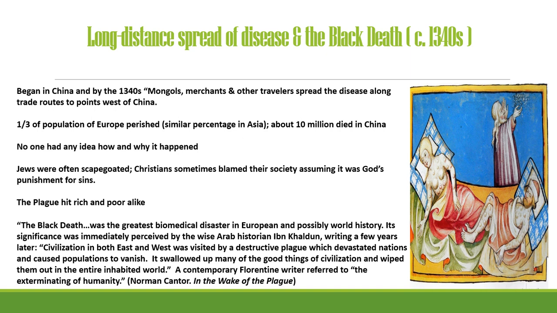A similar percentage probably killed in Asia, maybe slightly less, but about 10 million died in China alone, not quite in the same narrow time period as in Europe, because the Black Death, this outbreak of plague, seems to have started in southwestern China. So about 10 million approximately, because we're never going to know an exact number, died in China. So this wasn't just a pandemic that affected Europe. It was one that affected much of the world. The people in China, Europe, everywhere in between, had no idea, of course, how and why this happened.